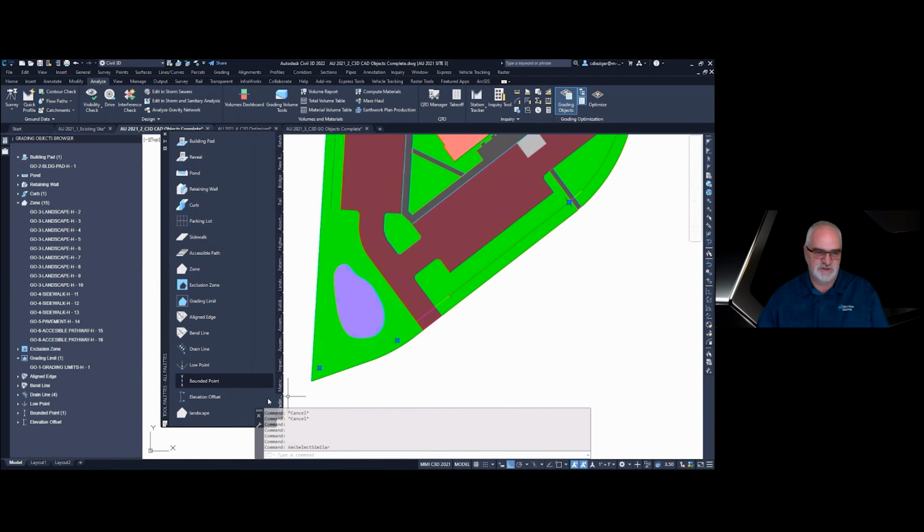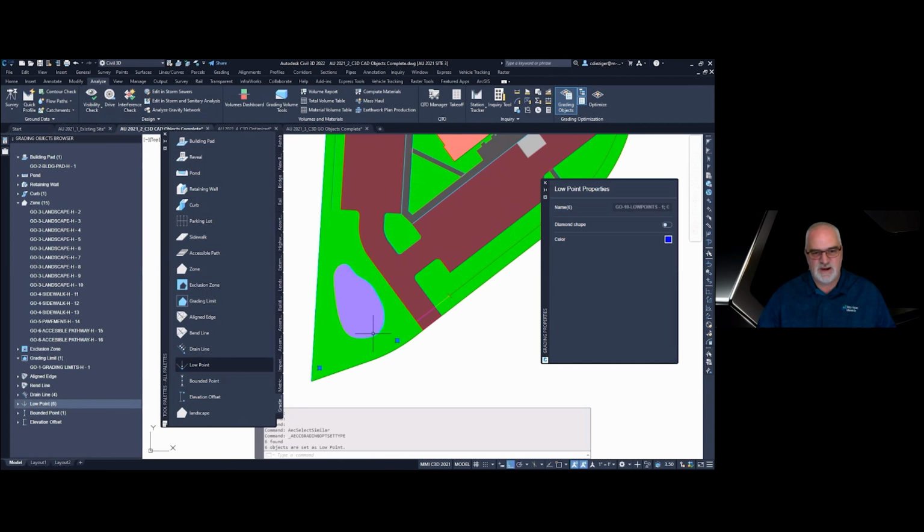And then these are two existing inlets that we can adjust the rim on, so we just want them to be low points. And all we're saying is within that area, we want that to be the low point within that area. So it's going to divide this area up and bring it into these two, and it'll just make it to where everything is pretty much flowing around this pond that we'll define and into this.